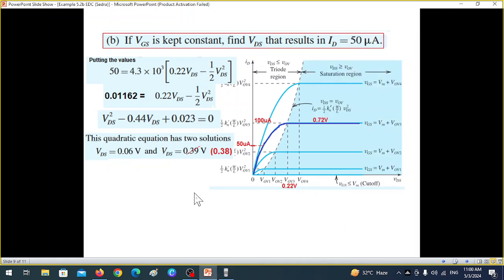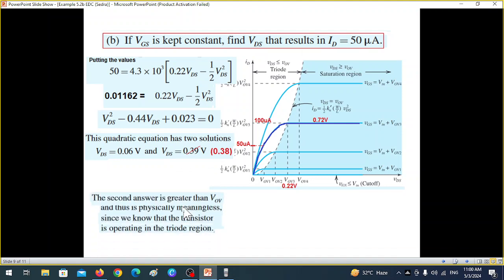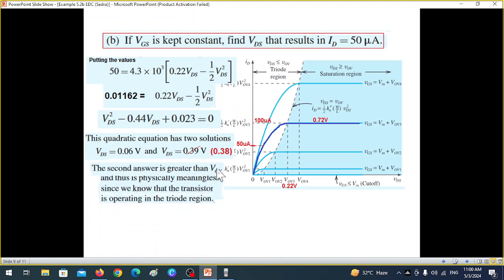Now this value of VDS, what he's saying here, the second answer is greater than VOV. So this is our VOV. Actually, in this case, it will be somewhere here, but earlier also it was 0.022, but just 0.33 is going beyond. It is somewhere here. Therefore, this is not acceptable in this case because our VOV is somewhere here. Therefore, we reject this and we say that VDS is 0.06, somewhere here is the correct